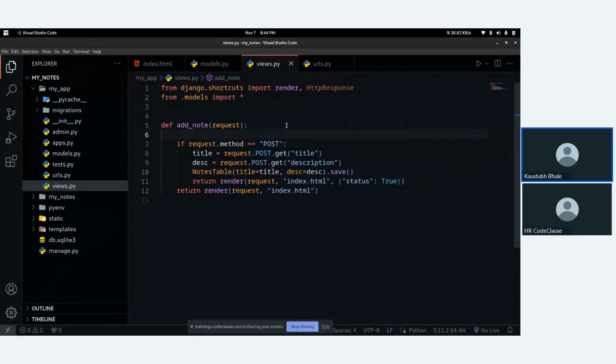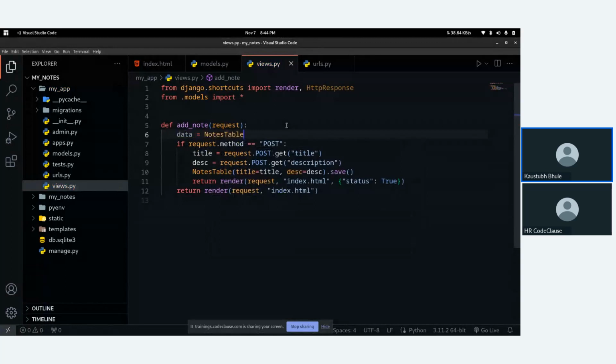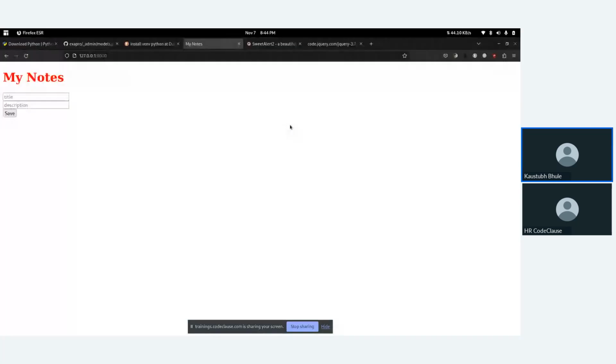So now to retrieve data from the notes table, you will create a variable called data followed by the notes table dot, let me check the syntax.